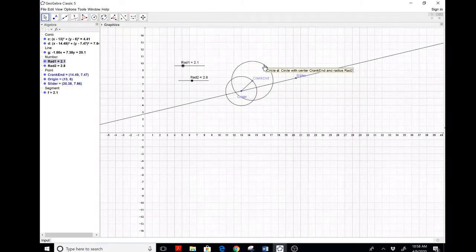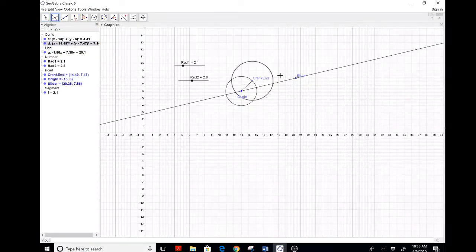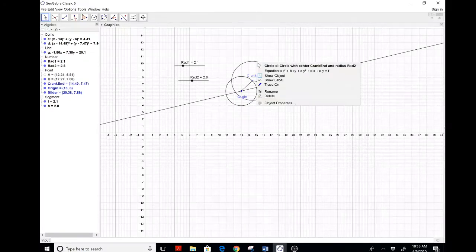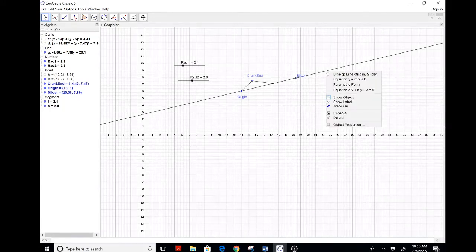Okay, now, here's the last part. I want to intersect this second circle with my slider. And obviously it will intersect in 2 spots, but I'm only going to use one of those. So I'm going to select the entity, the circle, and the slider. I'm going to hide this point so it doesn't confuse me. And then I will put in my second link. And here we go. Let's hide the circle, hide that circle, hide this line,